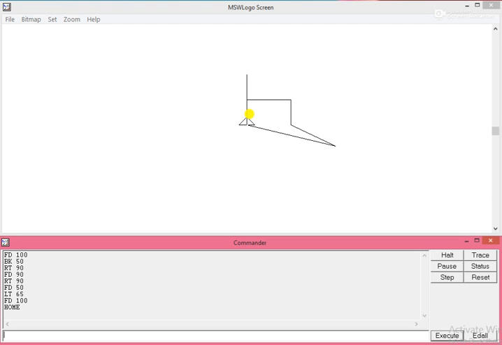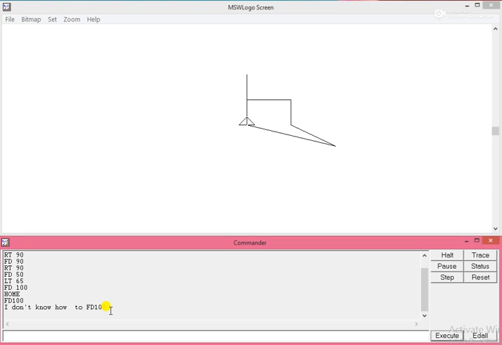Now I am giving one more command. See here, FD100, without a space. As I press the Enter key, you will see an error: I don't know how to FD100. Without a space between FD and 100, the computer gives this error message.